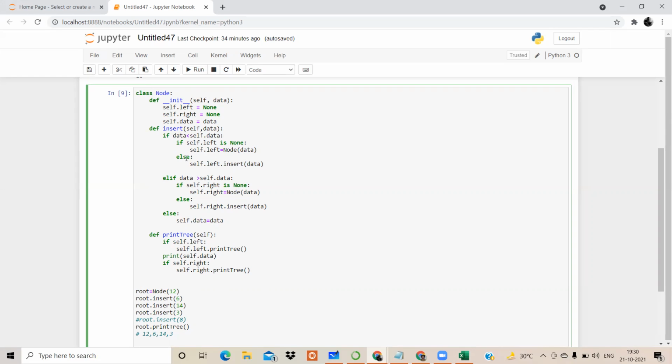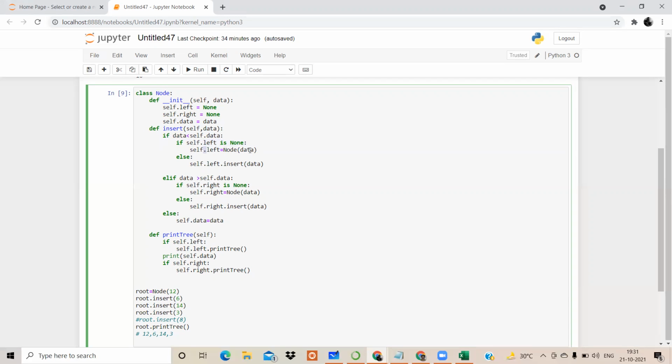So it will come to this particular part. It will first check is self dot left is none. So self dot left मतलब ये जो 12 का लेफ्ट हैंड वाला साइड था वो नन है यहाँ पे, ये चेक कर रहा है. So obviously self dot left is none because कोई भी एलिमेंट नहीं था, only 12 as a root node था वहाँ पे. That's the reason.